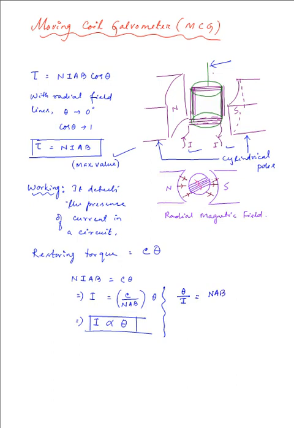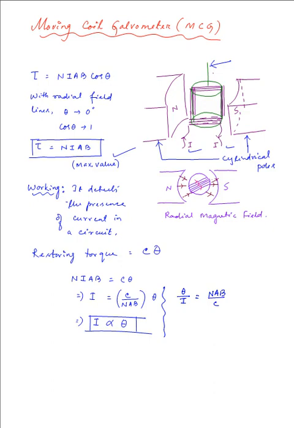For a very small amount of current, if it is deflected through a unit point, then we define that term to be current sensitivity. So the minimum amount of current required to deflect the galvanometer through a unit deflection is what defines the current sensitivity,